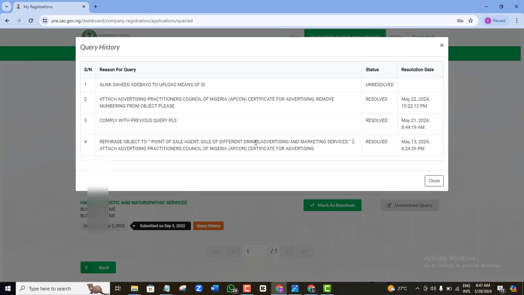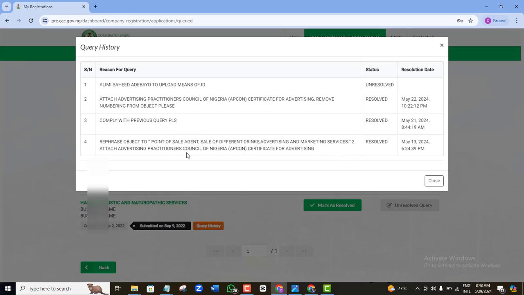This person is actually trying to combine a POS with other businesses. In fact, as I'm seeing here, they are combining about 3 different businesses. And yes, CAC can actually approve you to register 3 businesses or 2 businesses at the same time. It all depends on how you rephrase your object of business. Okay, so that is the first issue which we had to solve for this person.